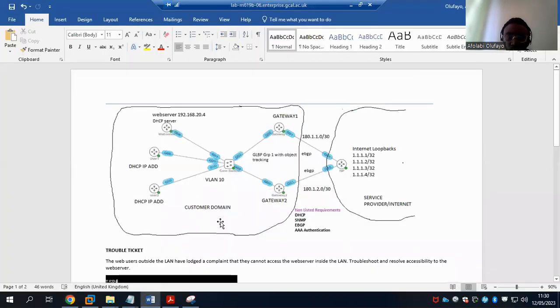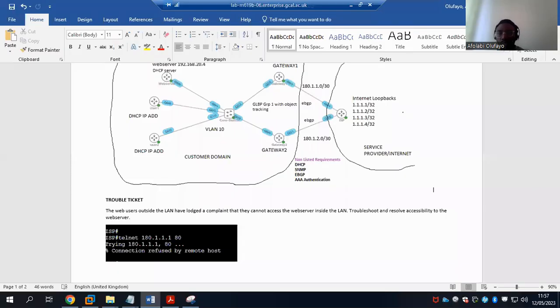So now I have a trouble ticket. For this ticket, the web server is inaccessible from the external domain, I mean, from the ISP and behind the ISP, and its simple telnet shows that everything is not working as it should.